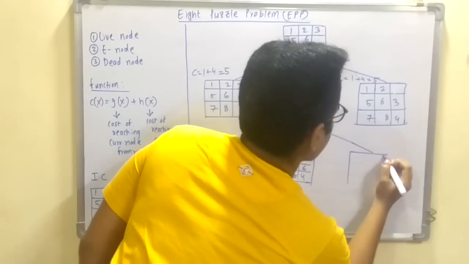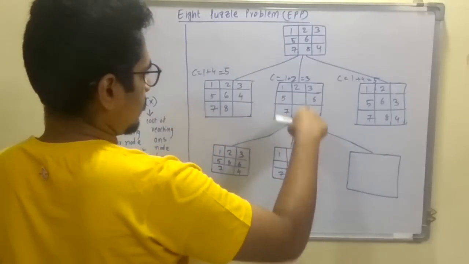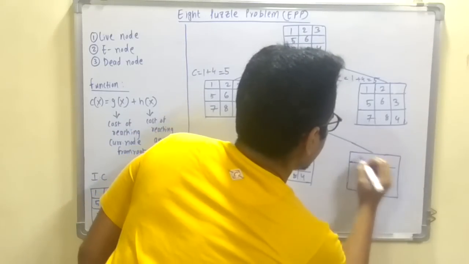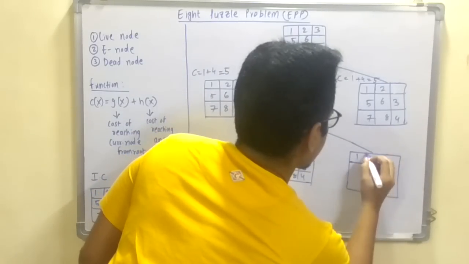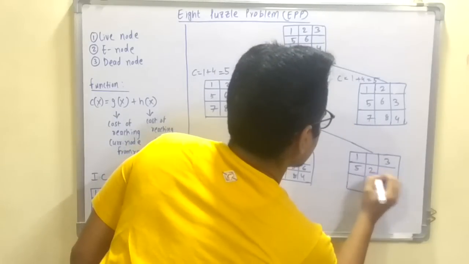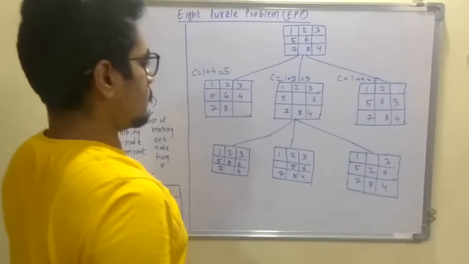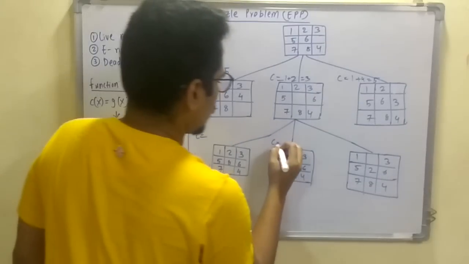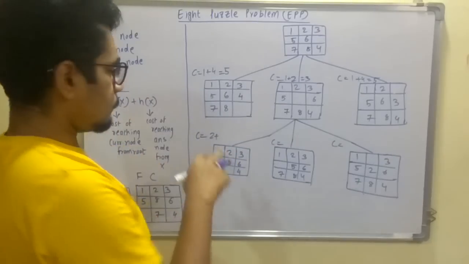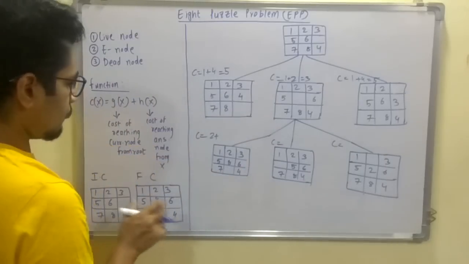And here you have that now you'll be moving 8 up. No, you will be moving 2 down, so it will be 1, 3. So 2 down, so 5, 2, 6 and 7, 8, 4. So this will be our second move, so we'll be calculating the cost for this. So it will be 2 plus, since it is second move, so we'll be doing 2 plus. And now we have to compare this along with this.